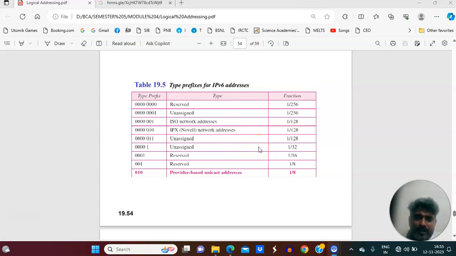In this lecture, we discussed IPv4 and IPv6 addresses, their structure, their representation, classful addressing, subnetting, and supernetting. In the next episode, we will discuss